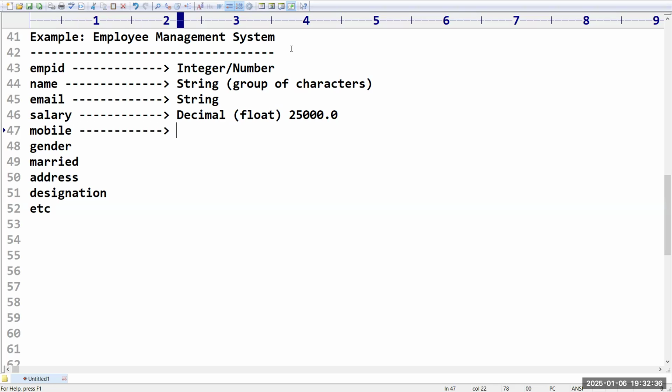What about a mobile number? Anyone tell me, mobile number is what type? Is this also float, because there could be a decimal point? No, why would a decimal point be there in a mobile number? Integer. The majority of people are going to feel like that, but please make sure mobile is nothing but what type of data? String.